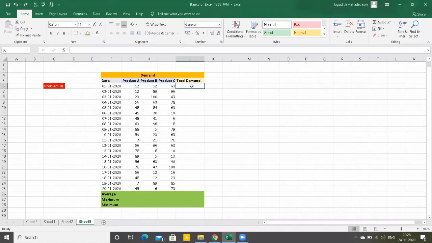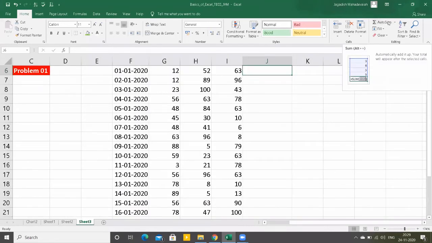First, take the active cell where you need to show the sum. Where is auto sum? Can you see this? Try to zoom the screen, I'm zooming it. Top right corner, after format, above fill.